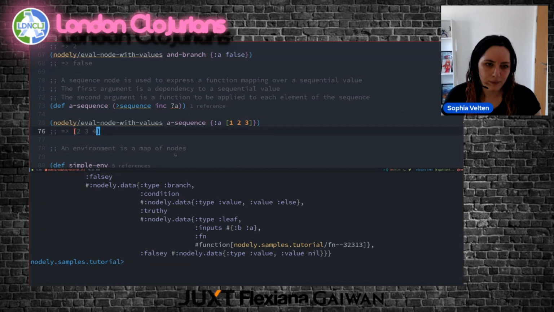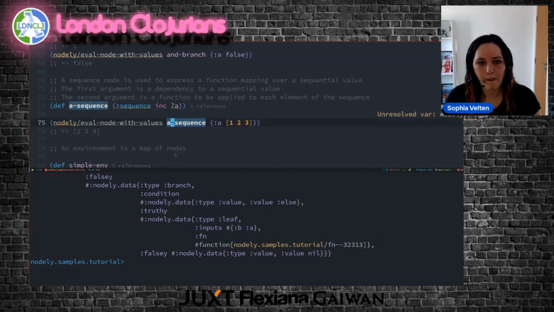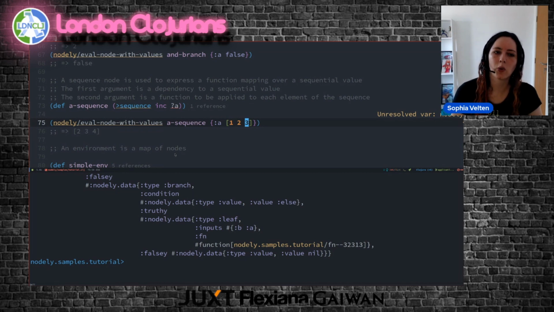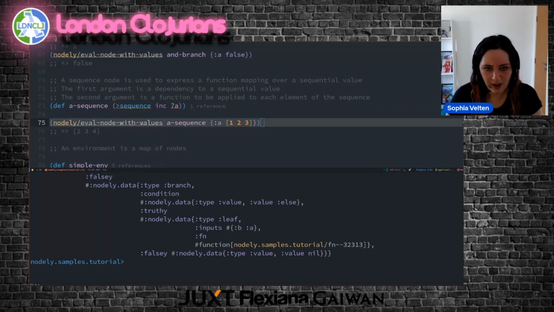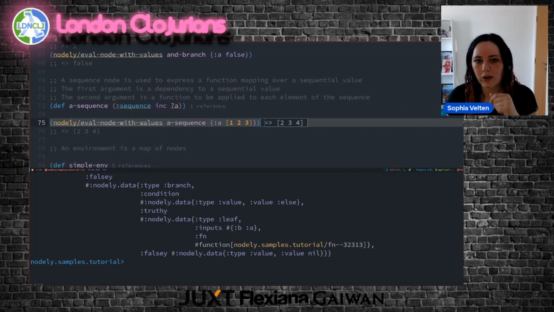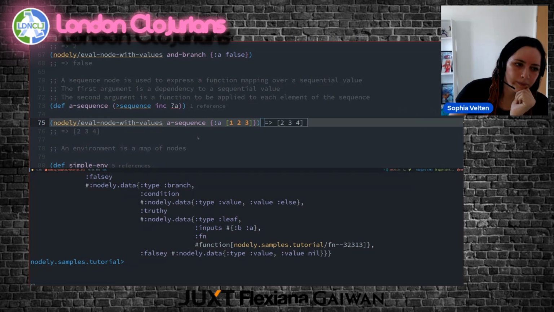So if you evaluate this and you pass a map with A being the sequence 1 to 3, what sequence does is apply the function that we defined, which is inc, and it's going to return the same sequence,